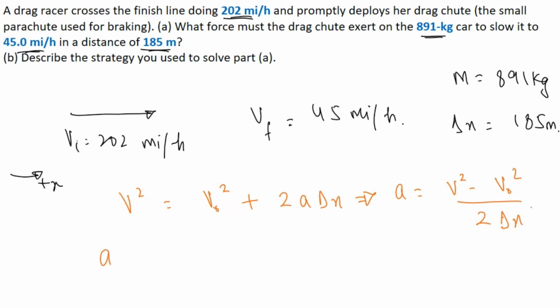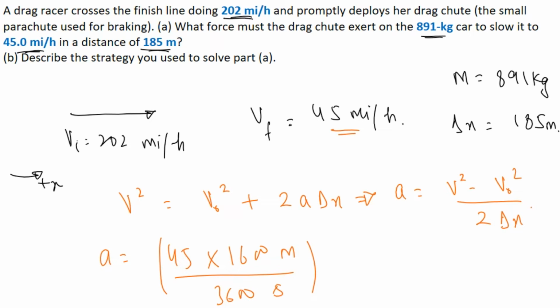Now we can put the values. The final speed becomes 45 miles per hour. Since this delta x is given in meters, we have to convert the units. So 45 miles per hour multiplied by 1600 to convert it into meters, divided by 3600 to convert hours into seconds. So the unit becomes meters per second, and its whole square minus